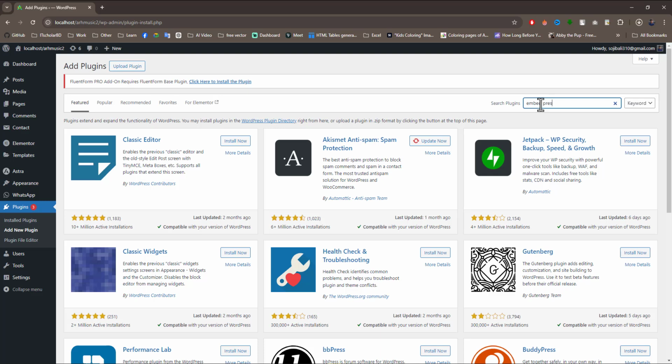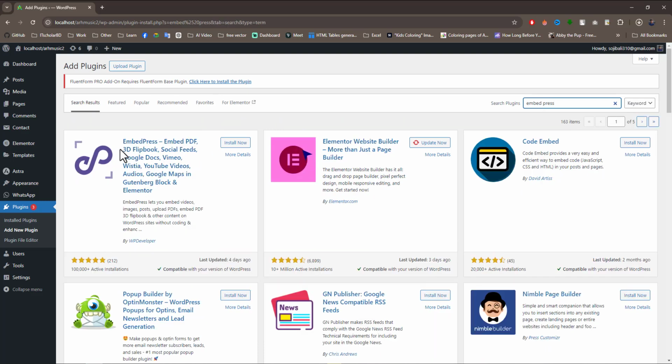EmbedPress. Here is the plugin that we use for the PDF viewer. Click on Install Now. Installation complete. Now activate the plugin,